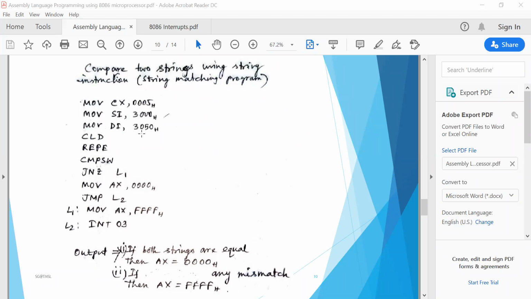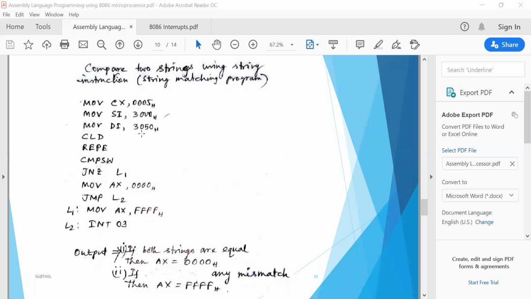Okay, so here we need to go in auto increment mode. After taking the first data byte to compare it with the second string from 3050, the 3000 data memory location will be compared with the 3050 memory location content. Then we will go to the 3002 memory location, and so on. In this way, the first string data bytes will be compared with the second string data bytes in auto incrementing mode, from 3050 to 3058.